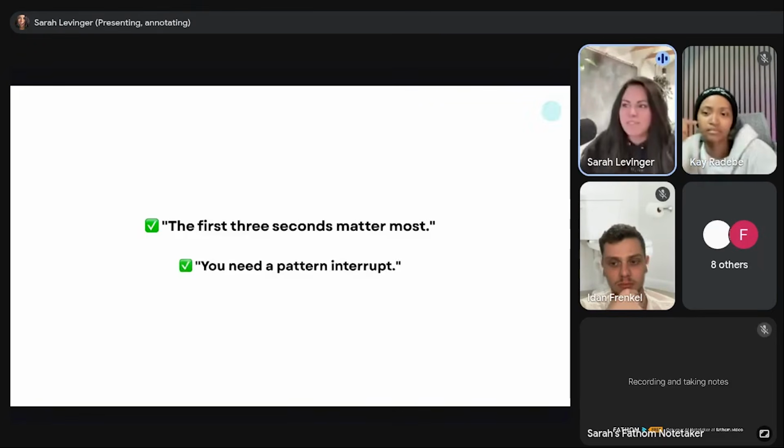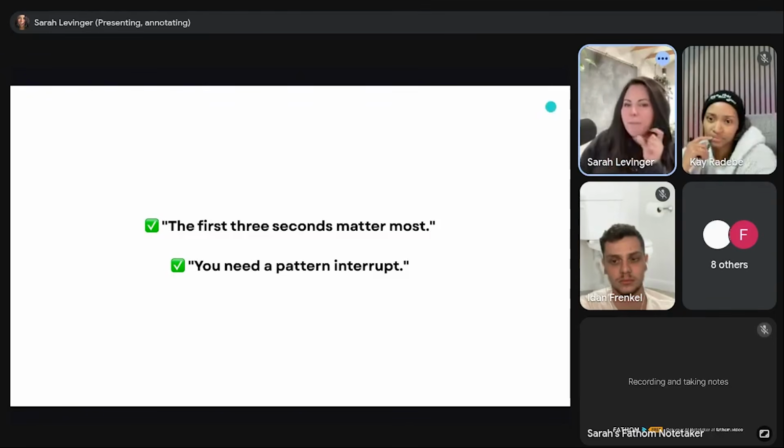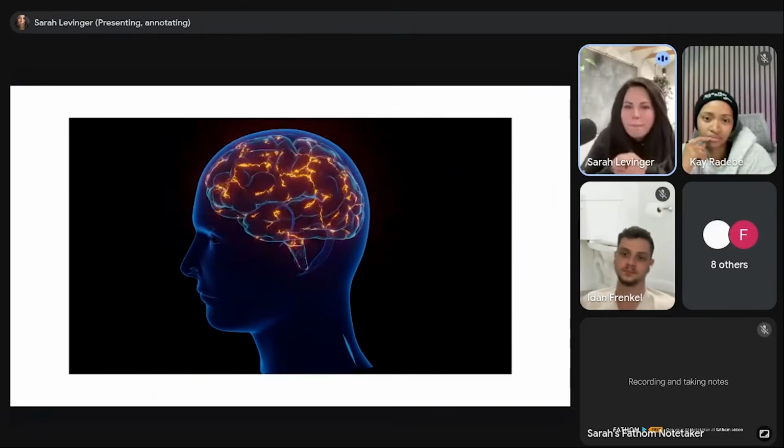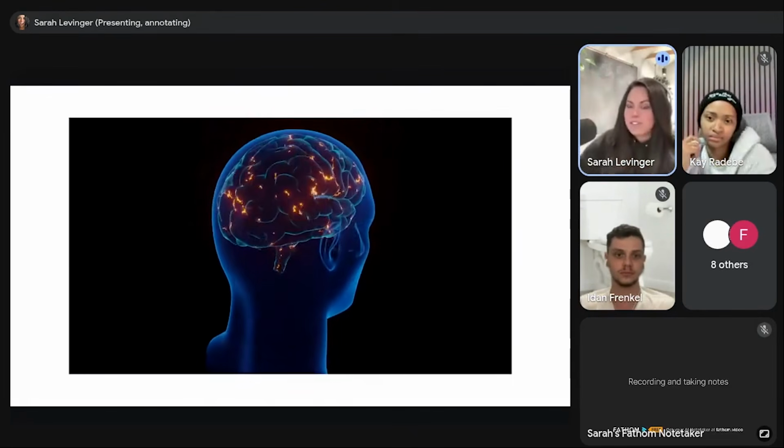To start, I think it's important for us to sit down with the 2 things that I hear the most often: the first 3 seconds matter the most, and you need a pattern interrupt. This is technically true from what I'm seeing from the science. The problem I have is that it's only partially true. These 2 things you see all over the internet are very sound. We've tested them many times. The problem is they don't quite map to what's happening inside the brain when it actually looks at hooks.